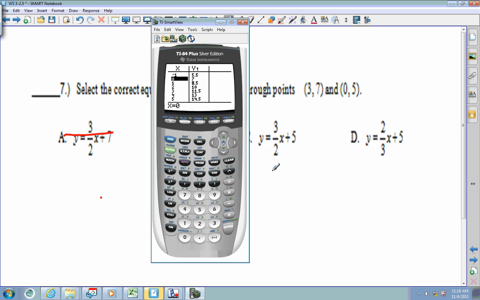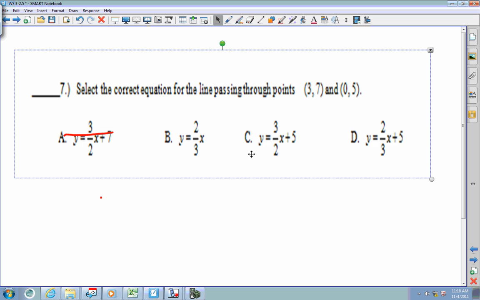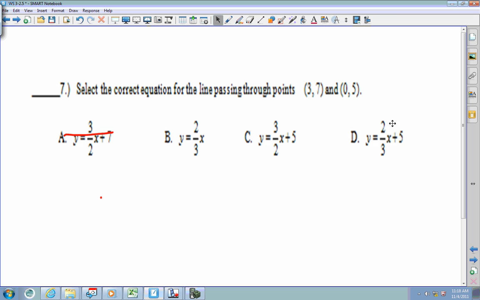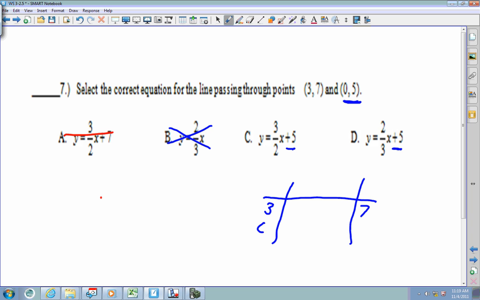Now, the other thing I would tell you is to look at right here. 0, 5, that's my y-intercept. So if you really wanted to troubleshoot this and kind of problem solve, I know that this isn't right because it doesn't have a 5. Now this one has a plus 5 and this one does. So now if you wanted to do it by hand, you could build a table 3, 7, and 0, 5,